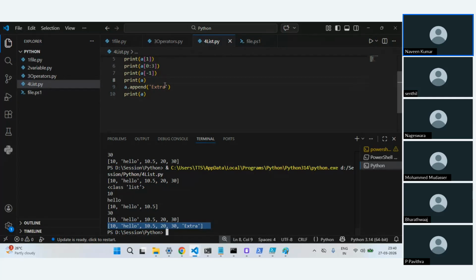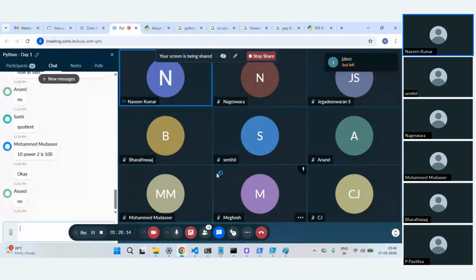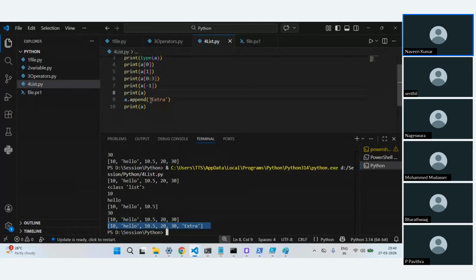So for now, just understand the concept. Probably when we do the final coding, I'll bring some real-time use cases. There you will understand where we use all these things. The whole idea is for now you should understand these concepts. These things exist, but later when we build some tool or some automation, then you will know where these things are used. Right. So now using this append function, you can add an element.